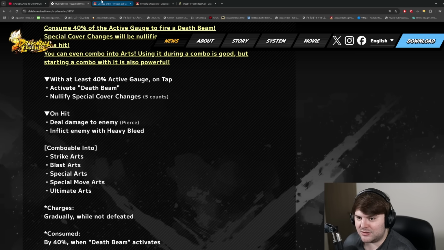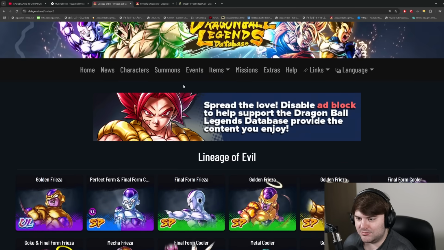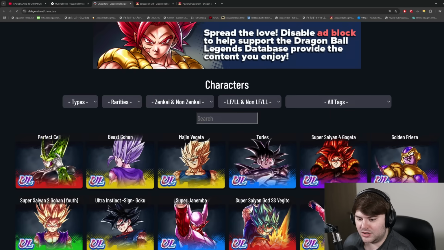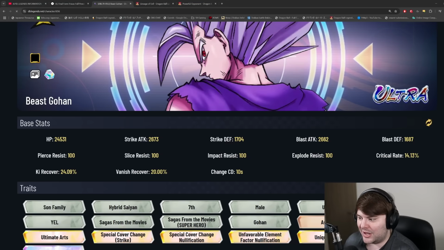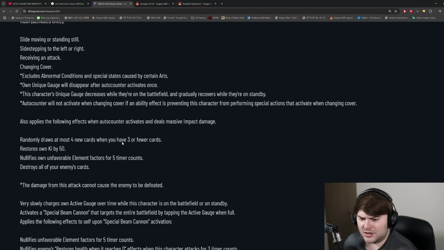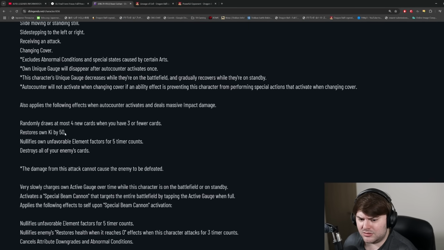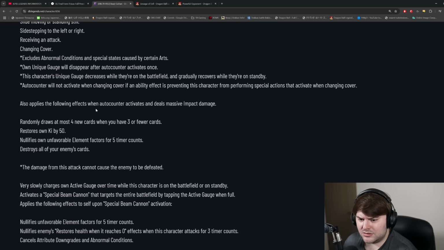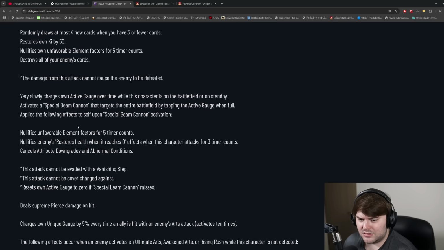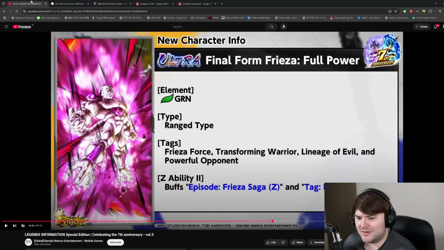What is the Beast Gohan wording? I have Lineage people pulled up here, but let me just pull up Beast here. I just want to see what his wording is for the active, because Beast is the only other active gauge we have in the game. Active gauge when full. Yeah, so this is obviously going to be different because the Death Beam is not a